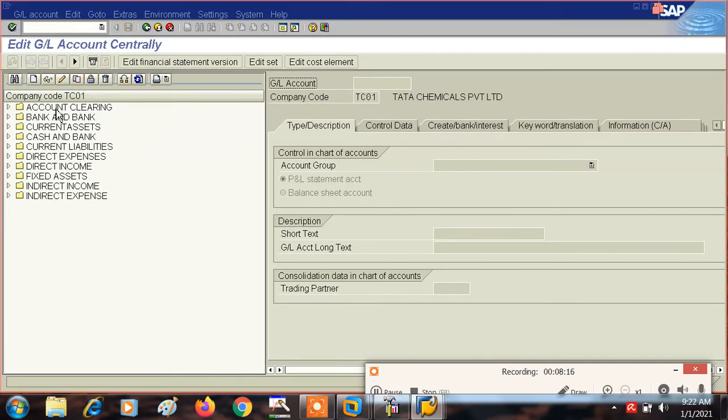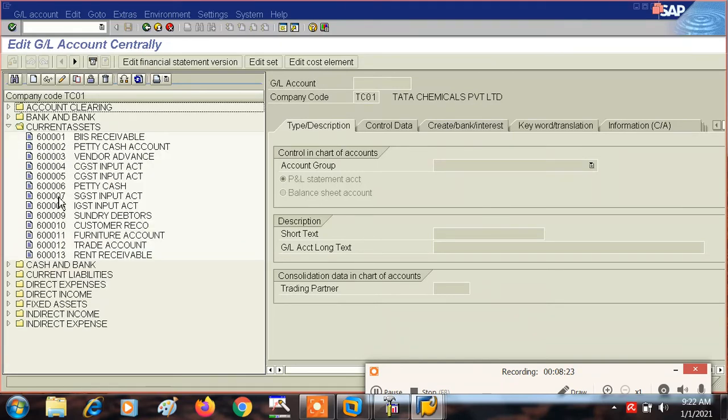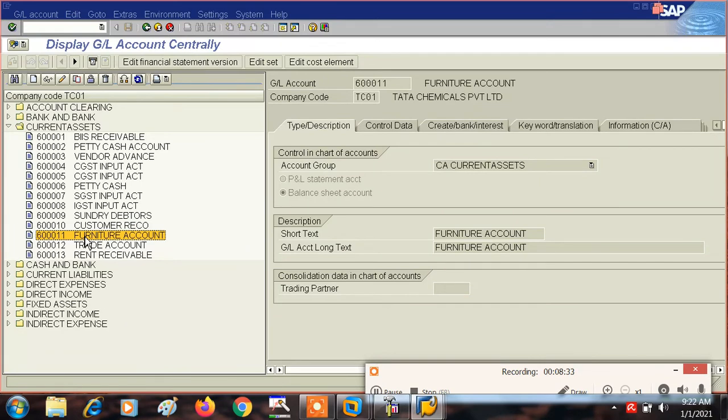So this is my company code. Suppose I'm going to take this furniture account. So this has come.